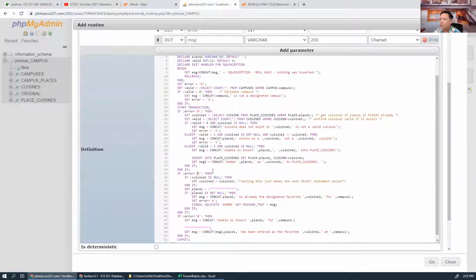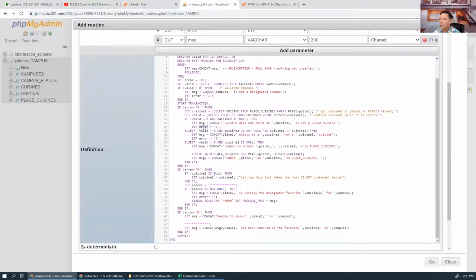Basically, if the error code is still 0, in other words, this error didn't occur and this error didn't occur, then if cuisine 2 is null, I'm just going to set cuisine 2 equal to cuisine 1, and the only reason I'm doing that is it just makes the next select statement easier. And I guess what I'm searching for is